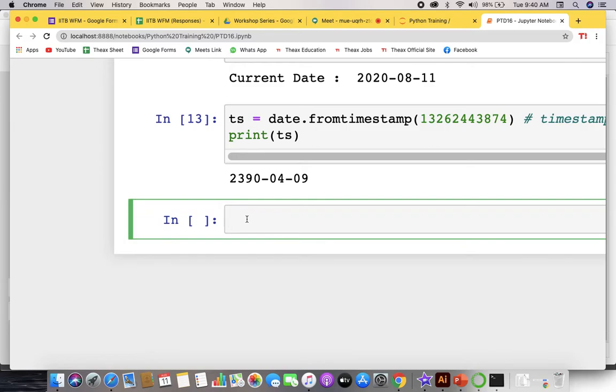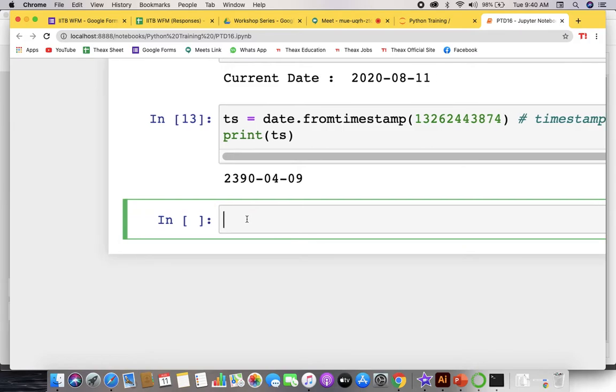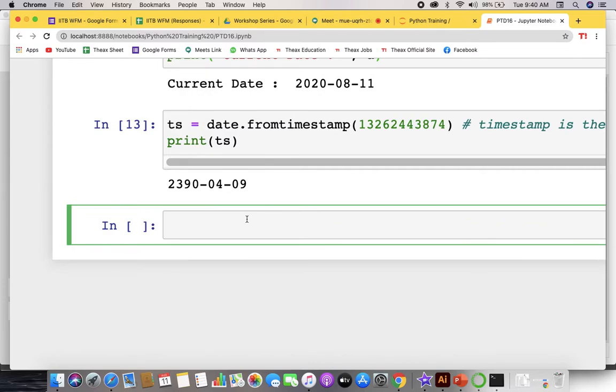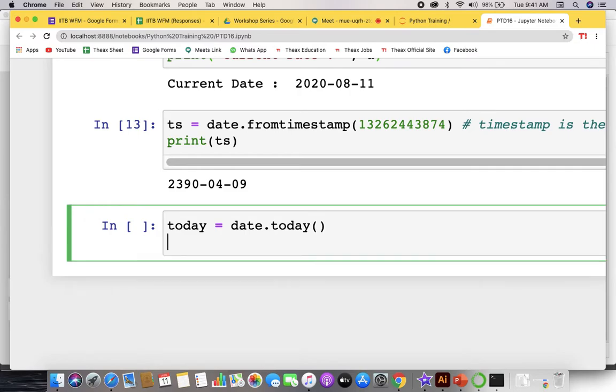Cool. Okay, so this is what you can do with that. Now, let's say you only want the day or something like that. You don't want to print the whole date, you just want to print this part. What you can do is take today, and here you can take your date, right? And then you can write from this date or from this today,